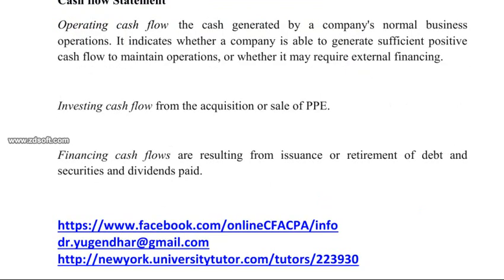Next, the foremost important is the cash flow statement. The cash flow statement discloses the sources and uses of cash, which helps creditors, investors and other statement users evaluate the company's ability, liquidity, solvency and financial flexibility. Ability means financial ability.